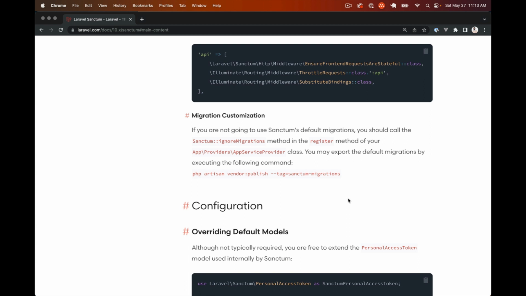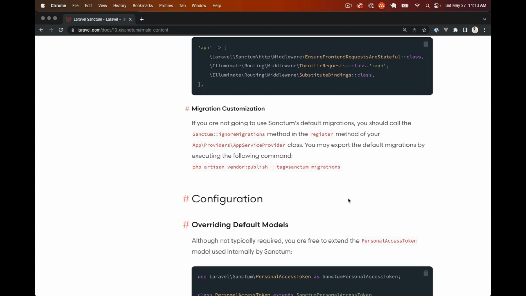We will go with the other option, which is the option for issuing personal access tokens. And that works like using JWT or JSON Web Tokens. The reason I'm doing this is because I want to create an API that we can also use for mobile devices without having to customize a second authentication system for that mobile device. So I want to go with just issuing personal access tokens, but we are going to do this in a